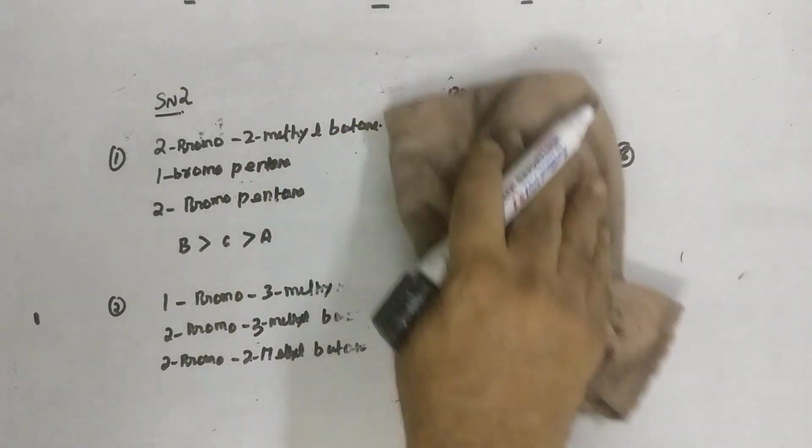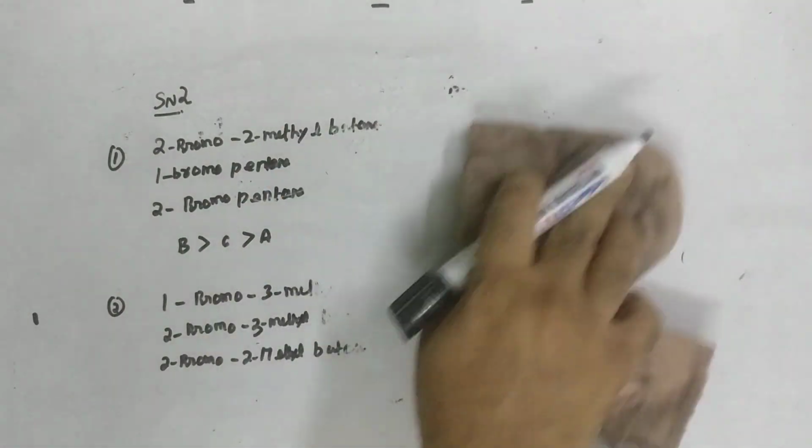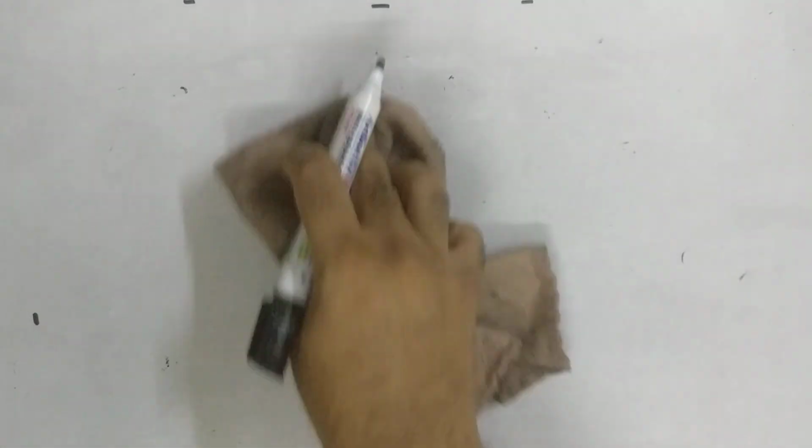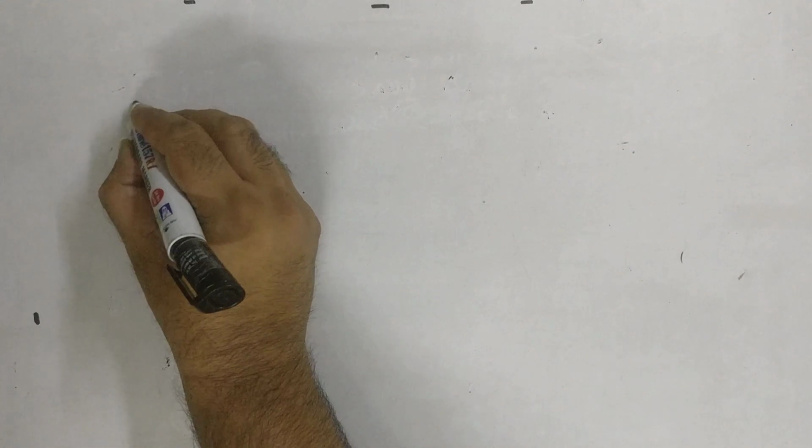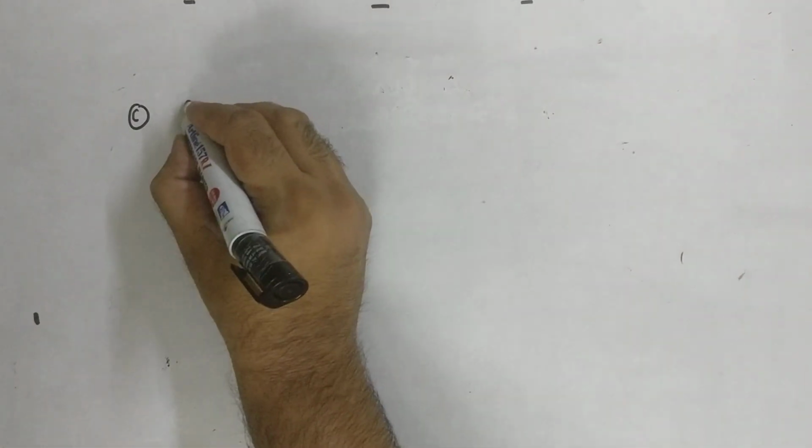So again I'm repeating, in SN1, who reacts better? I think by now you must be tired. It is tertiary, then secondary, then primary. In SN2, who reacts more? Primary, then secondary, then tertiary. And whether SN1 or SN2, who reacts more? It is iodine, then bromine, then chlorine, and the biggest dud is the fluorine compound. Anyway, PJ part. Let's discuss this one.